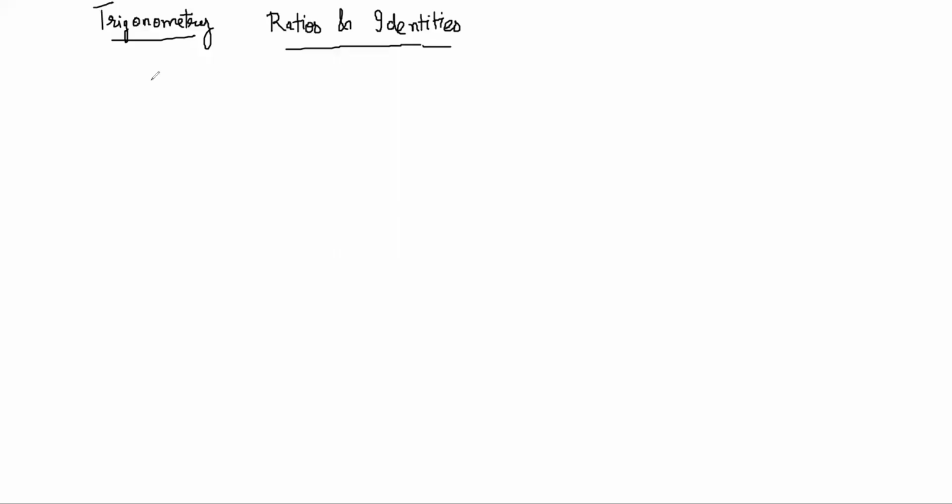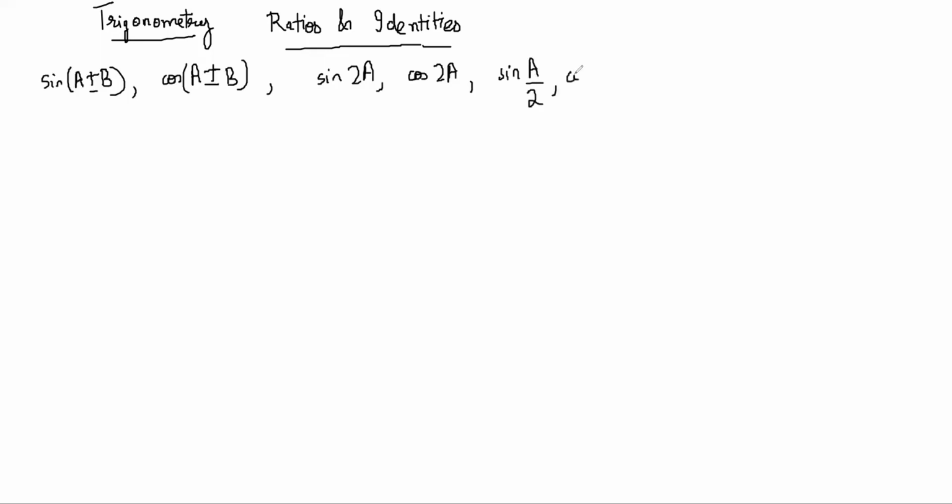We did a little bit of trigonometric identities last class. We saw some results and proved a lot of identities. So we saw sin(A plus B), cos(A plus minus B), sin(A plus minus B), cos(A plus minus B). We also saw multiple angles, half angles, tan 3A, sin 3A, cos 3A.